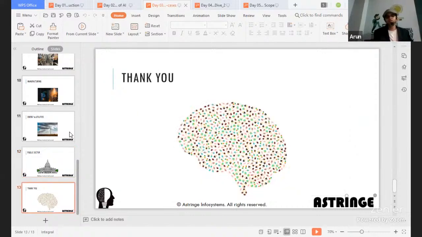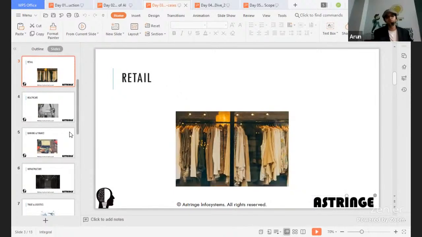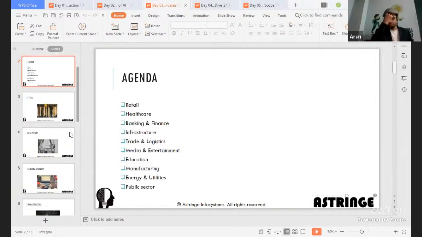So this is what we have for the applications of AI. Let me just have a quick recap. Applications of AI are profound in retail as of today. As I told earlier, it could be offline retail or online retail or anything like that.